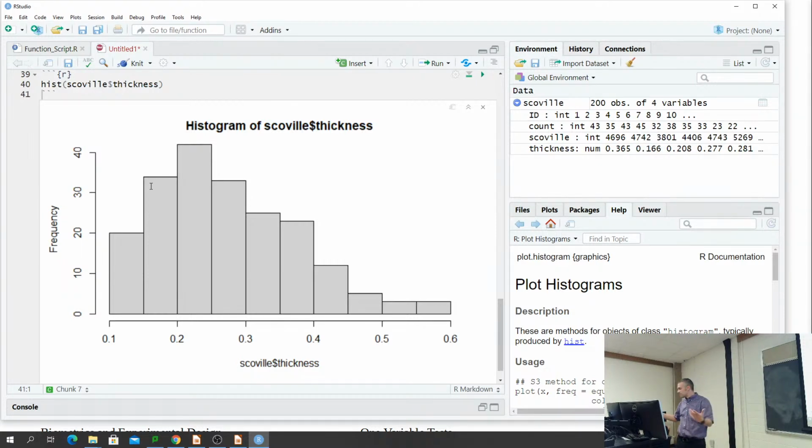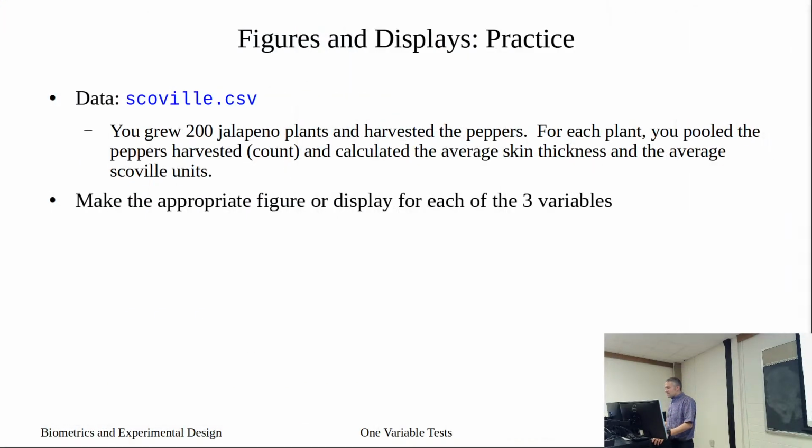And we could adjust them if we wanted to, change the axis labels and stuff. That could be for another time. All right, so we made those figures and displays, and that's always going to be one thing that we try to do. Try to look at it